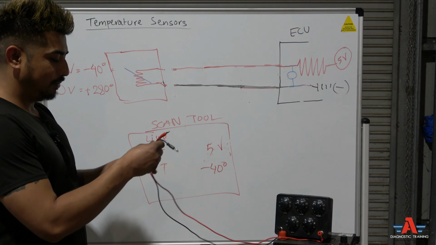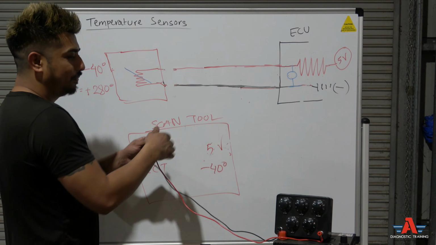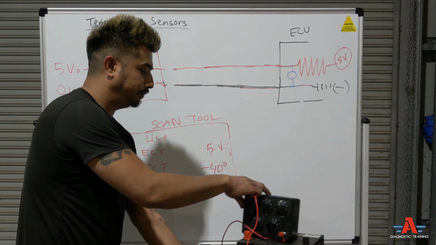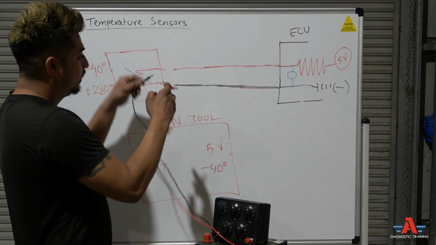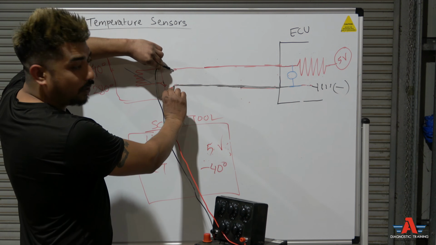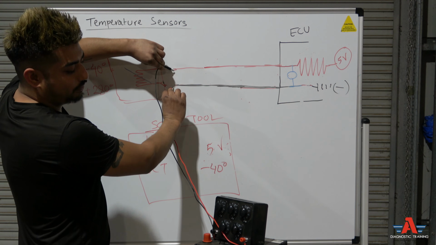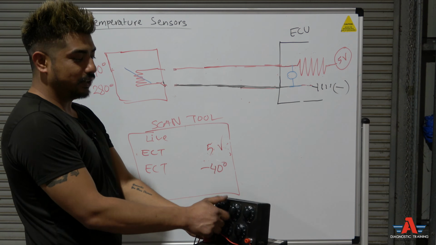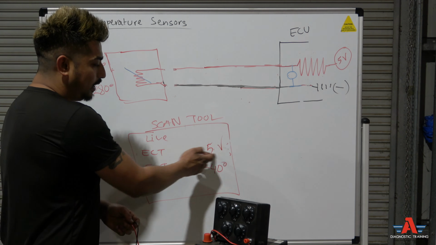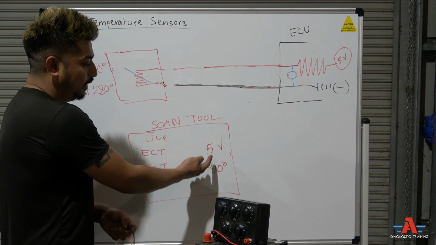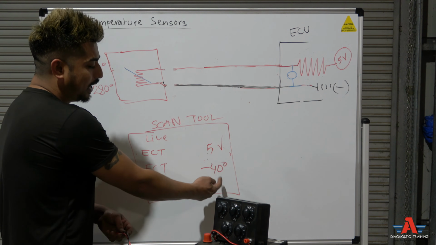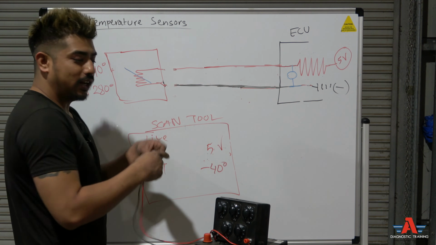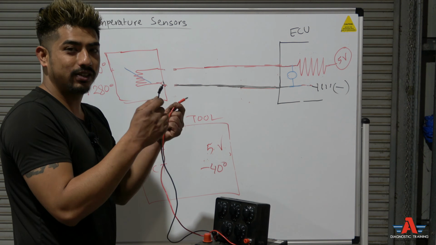So what I'm going to do is disconnect the sensor and put this resistor between the two wires like that, pretty much short it out, and then start changing the resistance on the wheel. Start changing the resistance and you'll see the changes in the scan tool. If the live data is reading 80 degrees, 60 degrees, 3 volt, 2 volt, 2.5 volt, changing with the resistance changes,